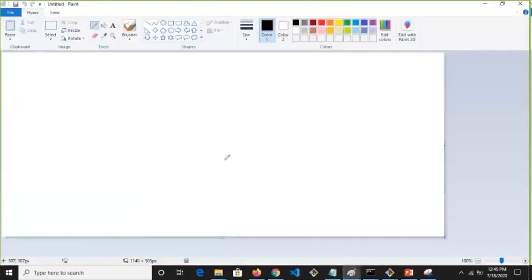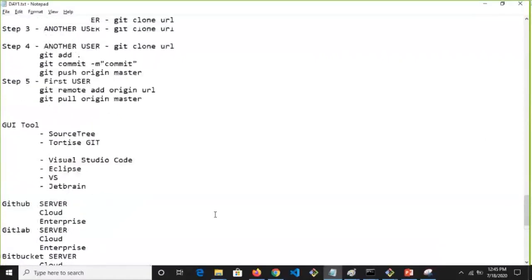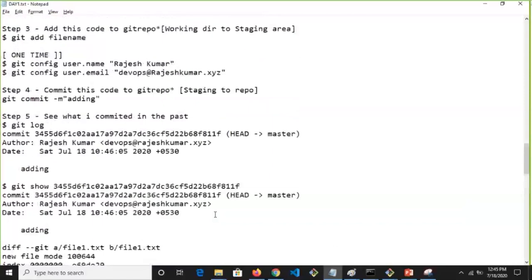Rajesh, one question. When we are saying git commit, will it be pushing the code from the staging area to the Git that I have in my local or to the remote? Because now we have two repositories basically. One will be in my local and the other in remote. So when I'm saying git commit, where will it move the code from the staging area? Avinash, you should not ask this question now because I believe I spent half a day explaining the same concept. You missed that concept initially.